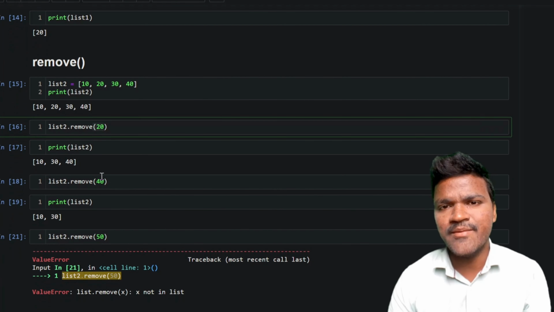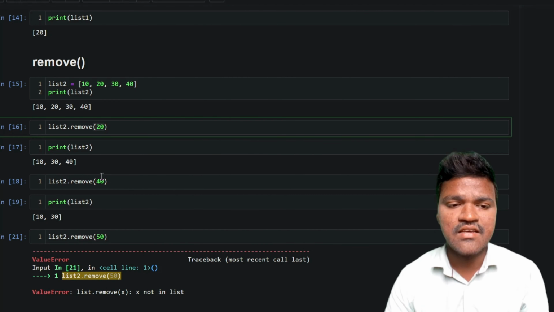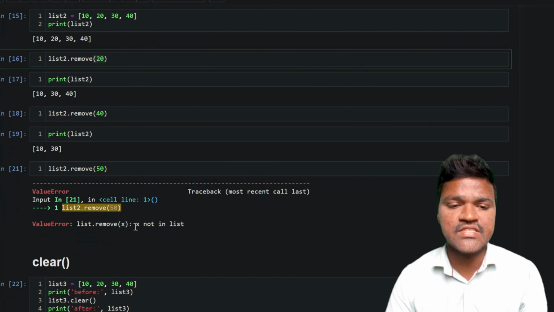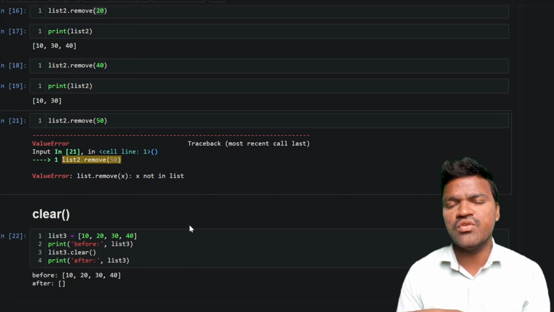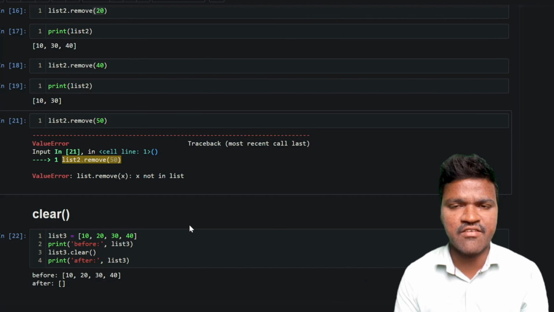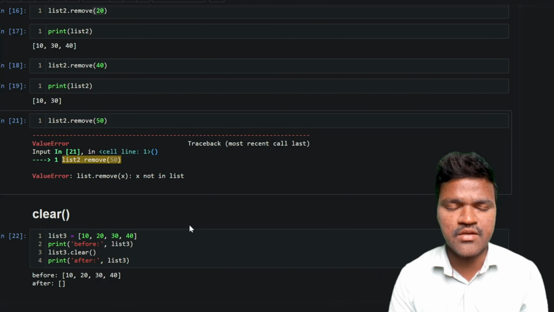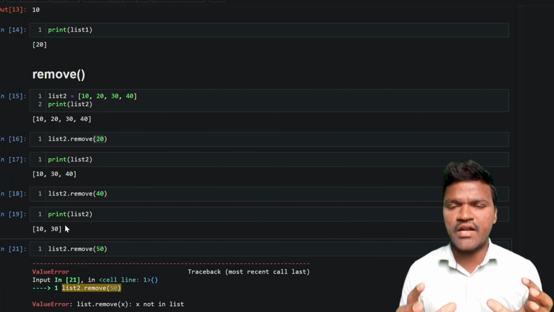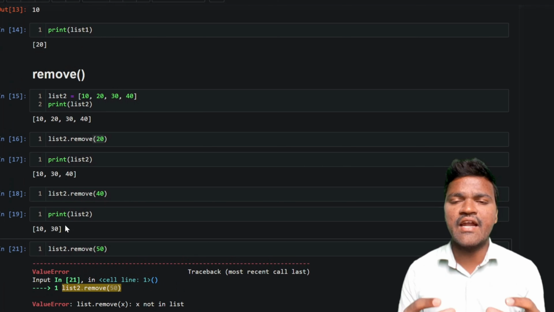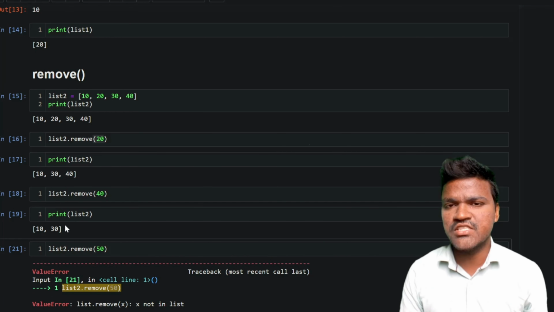When you pass an element that is not present in the list, in such a case you will get an error, which is that the element is not in the list. Apart from that, when you want to delete all the elements present inside of a list, you can use the clear method. By using this clear method, you can clear all the elements present inside of a list. I hope you understand each of these methods and where and how you can use these methods